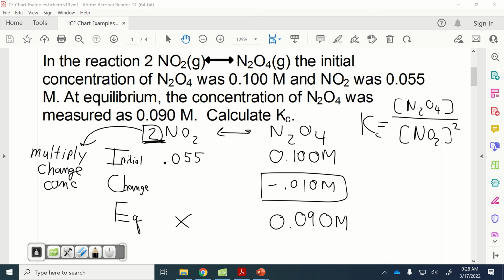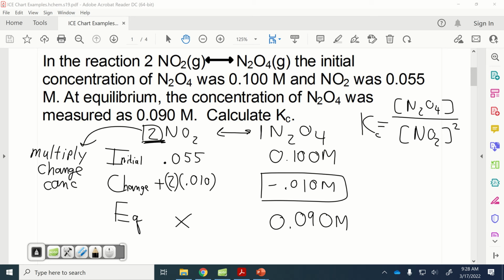I multiply the coefficient by how much the concentration is changing of anything that's only 1, because there might be multiple things. If this was 3, we'd write that down. What's going to happen is, if this is going down by 0.01, this side must be increasing by plus 2 times